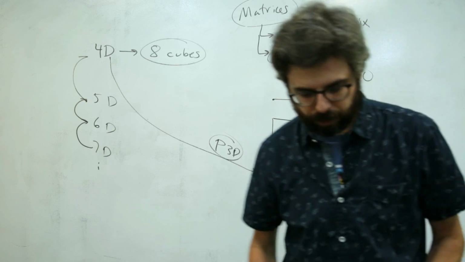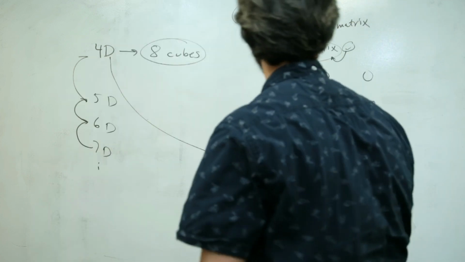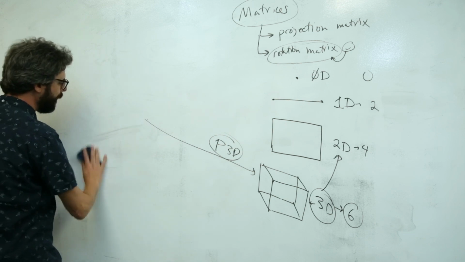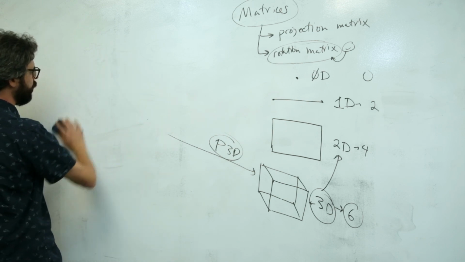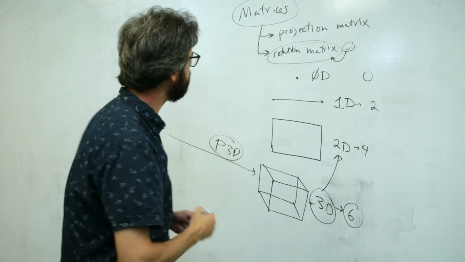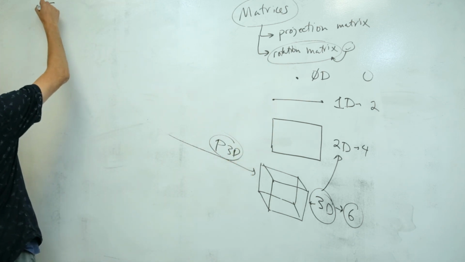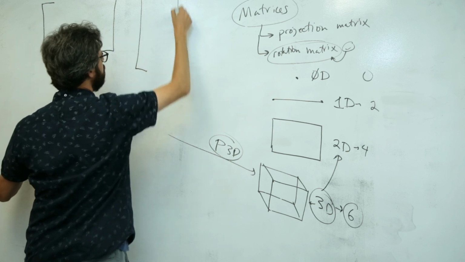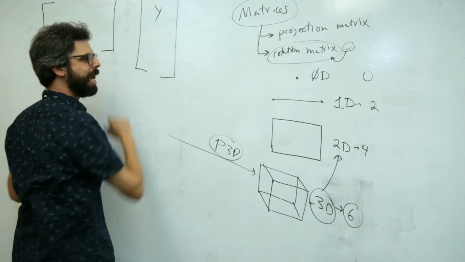So we have this idea of a projection matrix. Now, I'm not going to go too much into detail of this. You can watch my previous video where I made the 3D projected into 2D. But basically, the idea here is that if I have a 4-dimensional point, x, y,